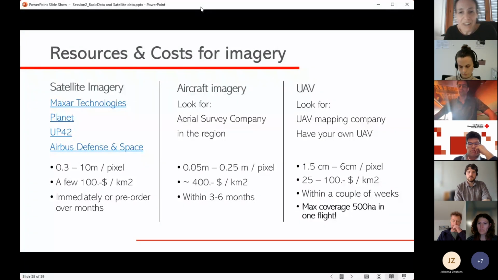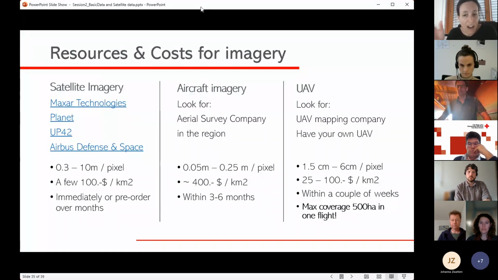But they're either a separate module of those GIS software that we mentioned today, or entirely separate software. In terms of resolution, we'd be at around 1.5 to 6 centimeters per pixel. It can be very cheap, 25 to $100 per square kilometer. However,